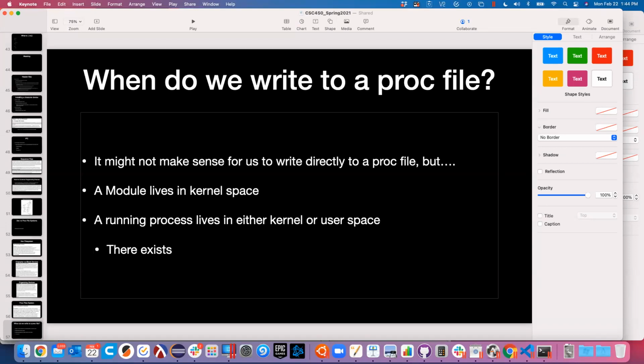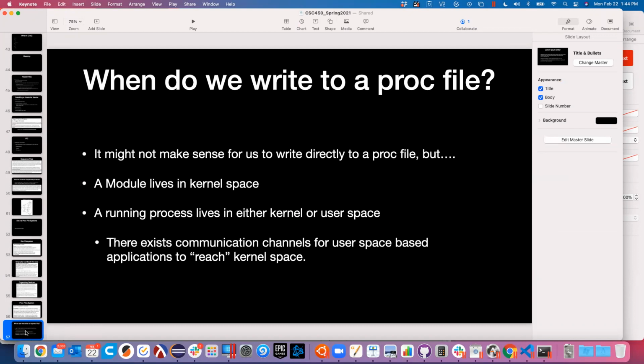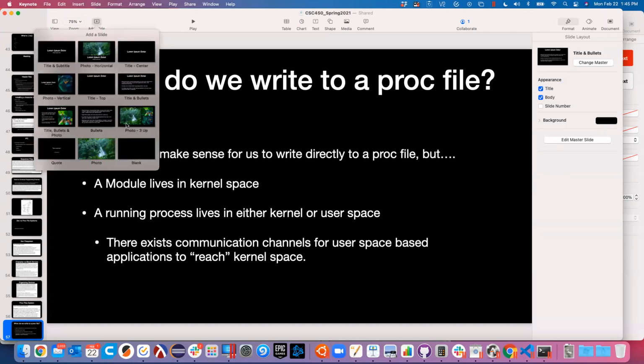There exist, let's just say, communication channels for user space based applications to reach kernel space. All right, so now let's look at a picture so we understand this, because I labeled some of these things last time. We talked about semaphores and signals and some of these other inter-process communication (IPC) things. So if I draw a picture,